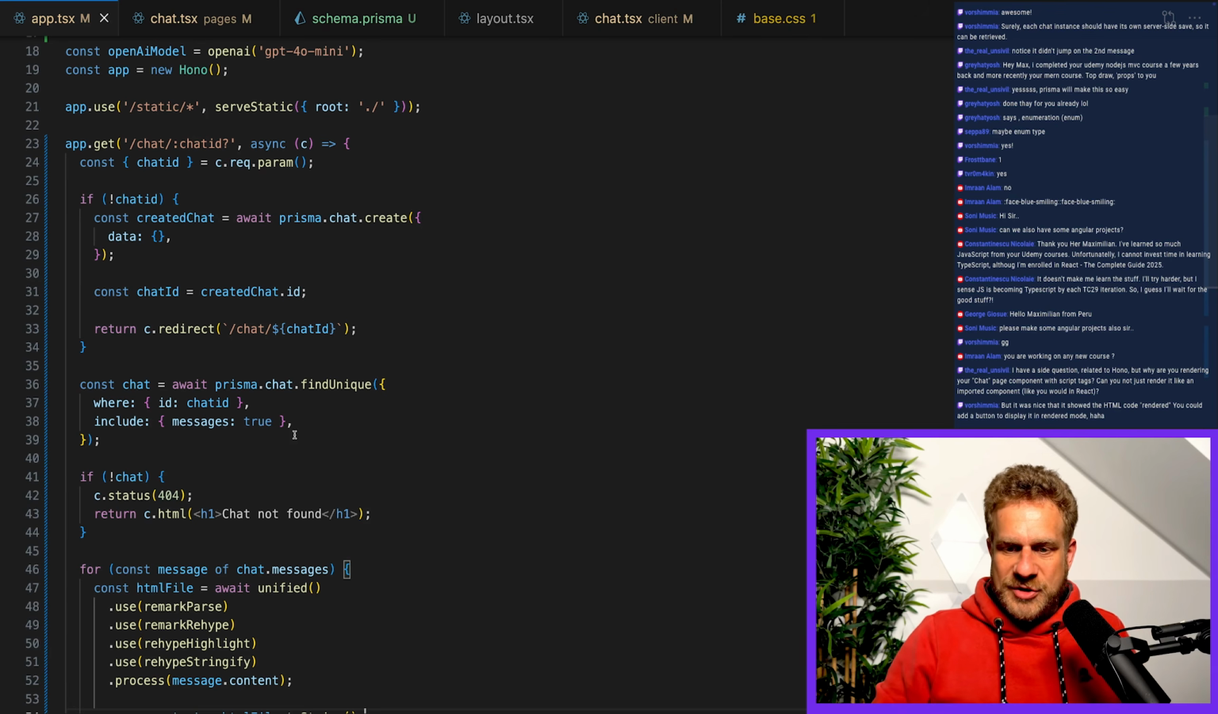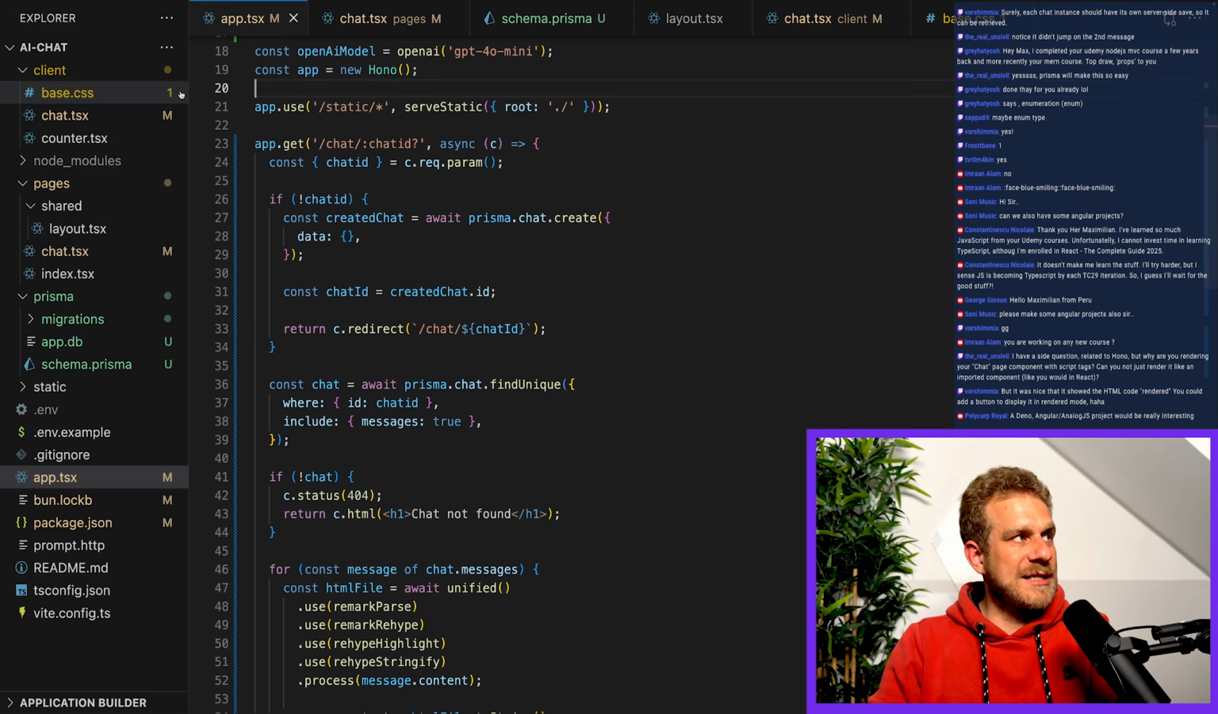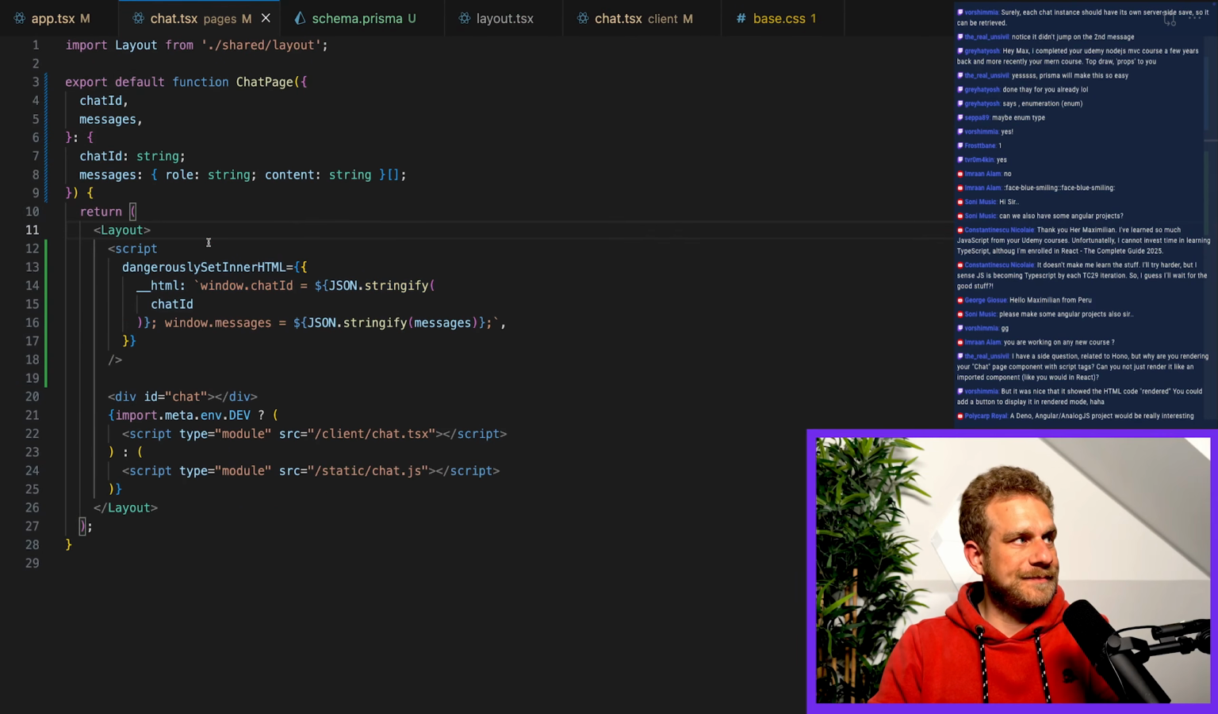I have a side question related to Hono, but why are you rendering your chat page component with script tags? Can you not just render it like an imported component? I guess you mean here